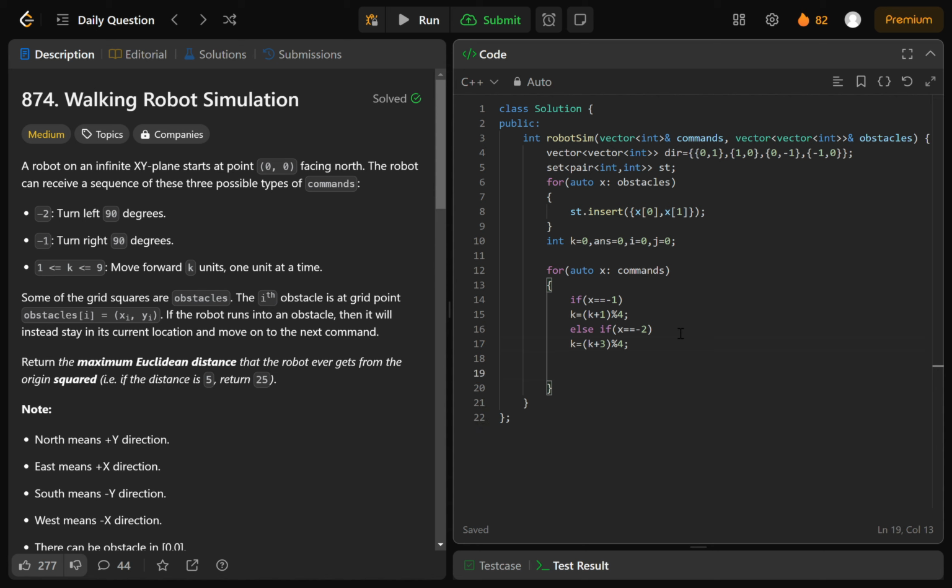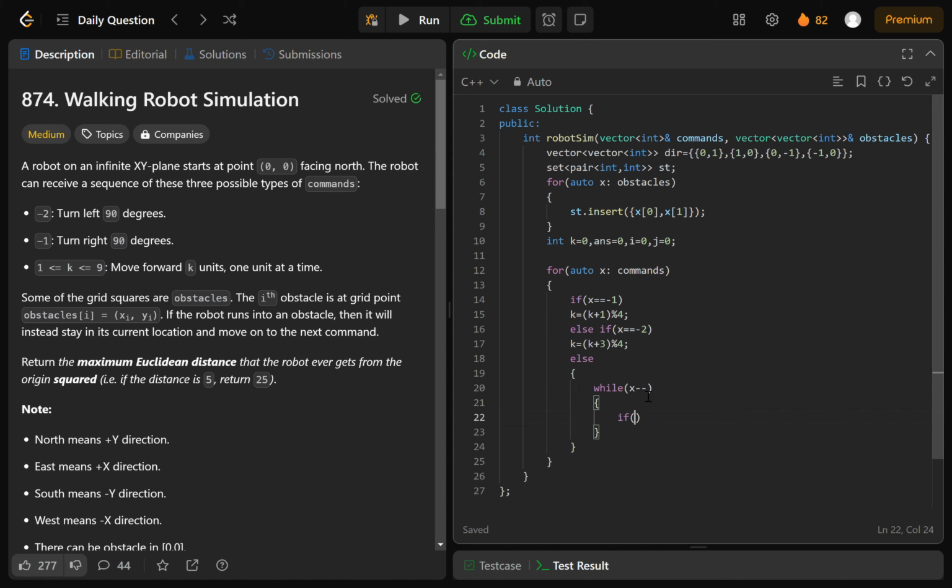Now in the else condition, in the explanation we have the value from 1 to 9. Okay, the given value of the command, not k. So from 1 to 9 there can be any value of x currently. So we have to run the loop x times as we discussed. So while x minus minus,